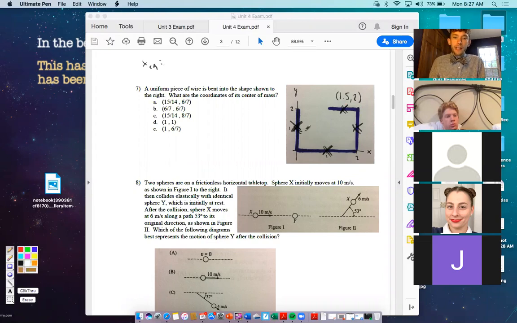So the x center of mass, I just need to go multiply the x coordinates of each piece by their